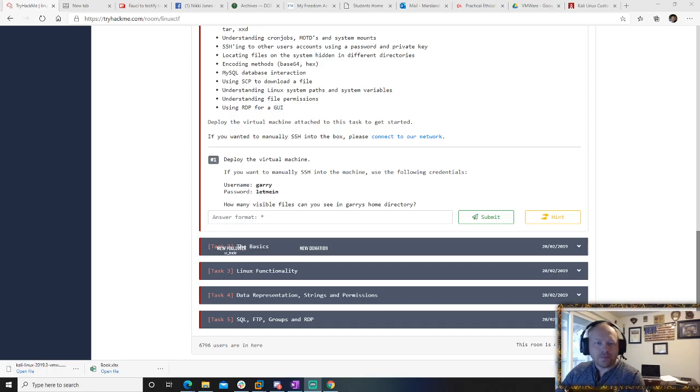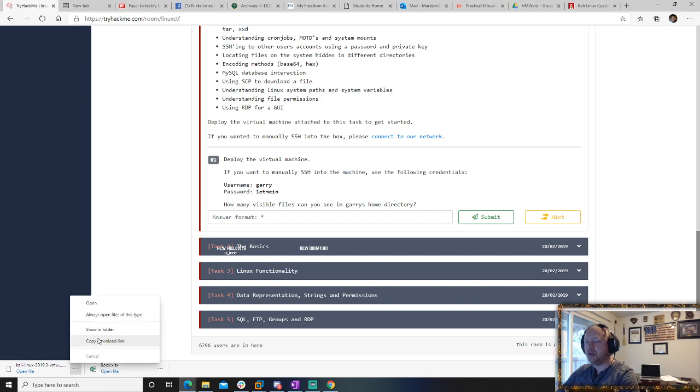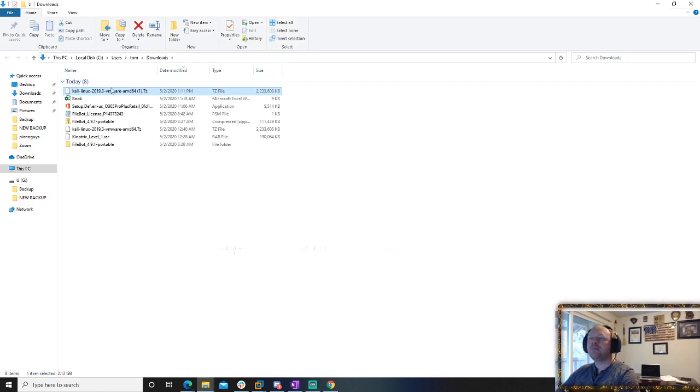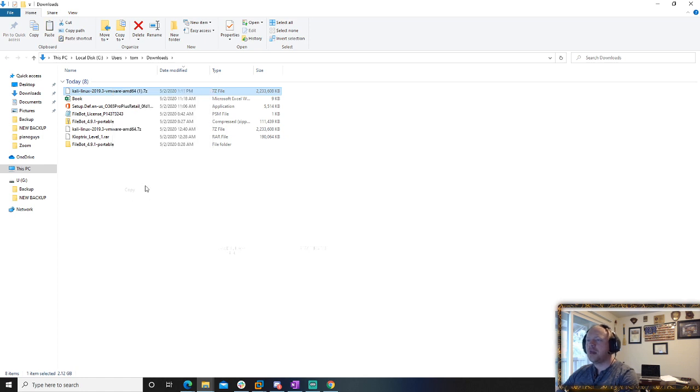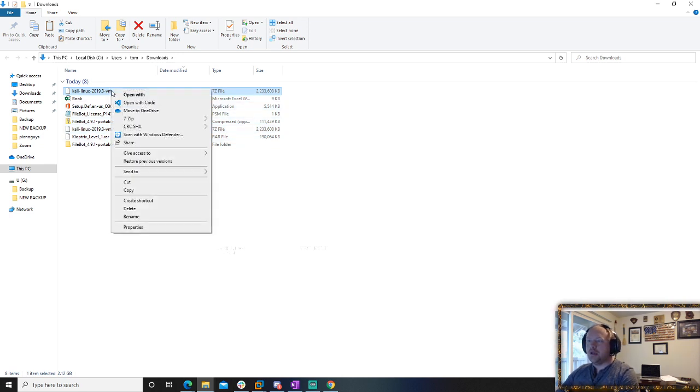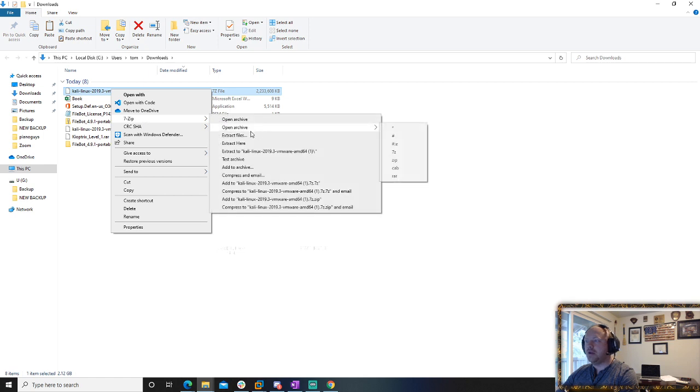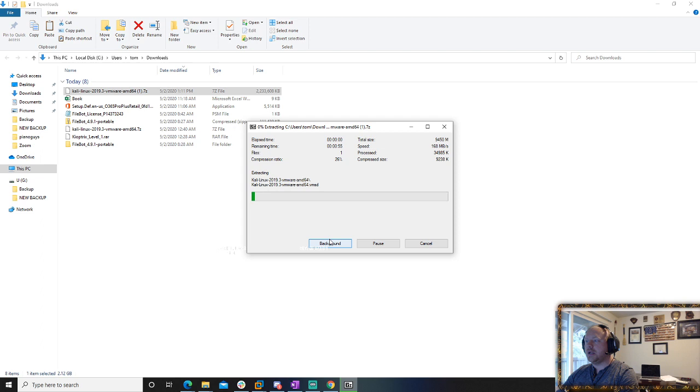Okay, we are back, and as you can see, my Kali Linux VM has finished downloading. I'm going to take this file. It comes from the course here. It's just easier to find if I download it from there. It comes as a 7-zip file, which it looks like I did actually still have downloaded. Anyways, we'll extract this out, and then I'll move it to my VMs folder, and we can get started.